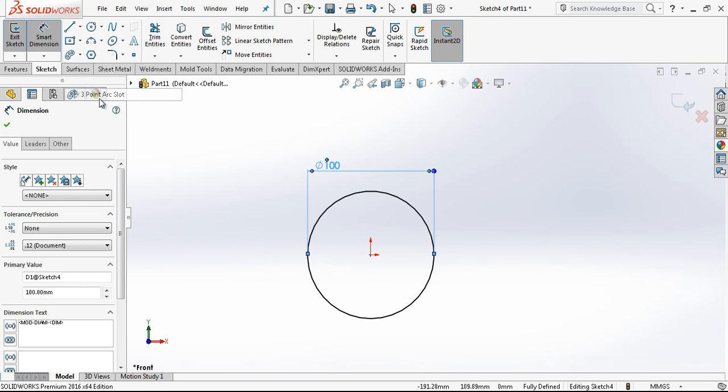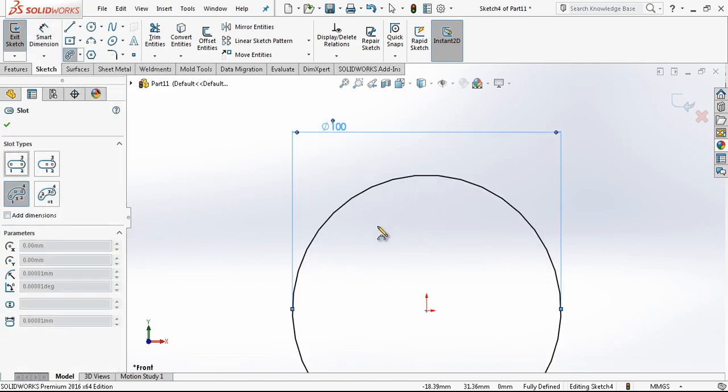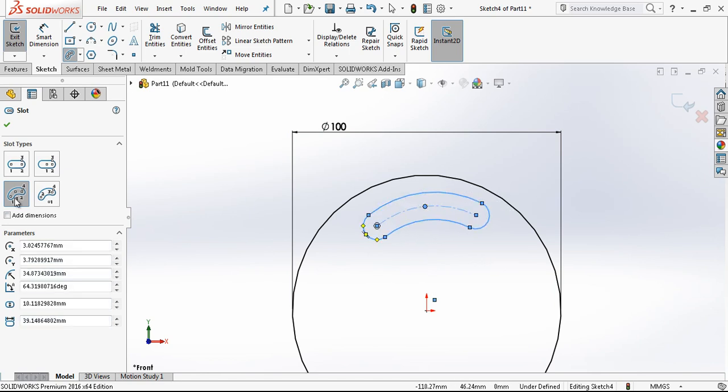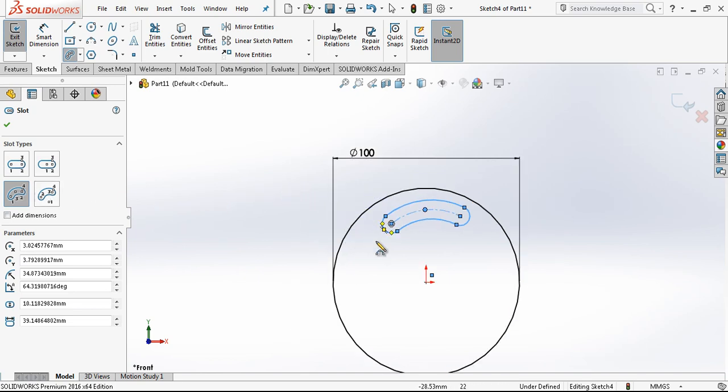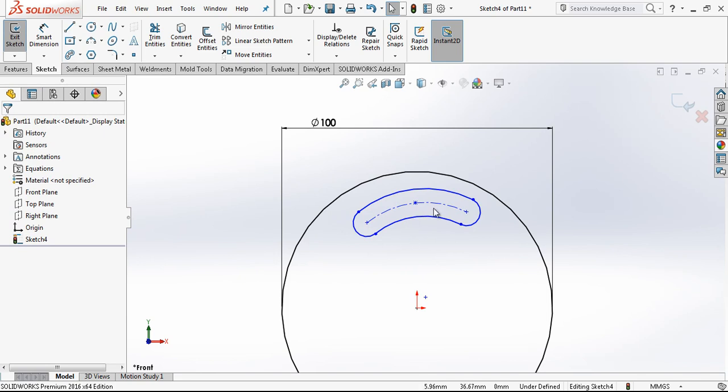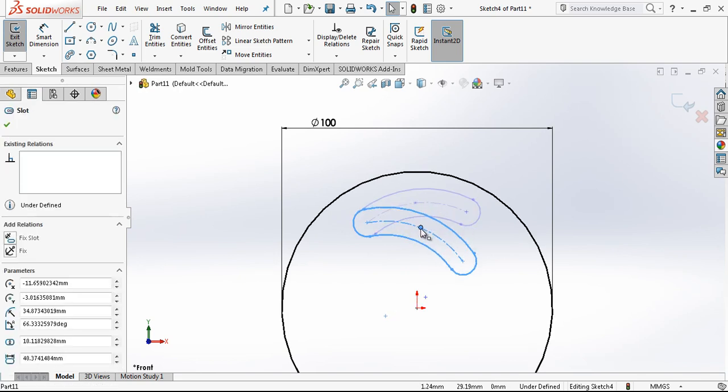This first one, without a center by itself, creating a slot, as you see. Also you can follow the steps here: 1 starting point, 2 ending point, 3 the center of your slot, and 4 the diameter of the slot. In 4 steps, 4 mouse clicks, you are going to finish it. The program says you gave it here, and as you see it is now